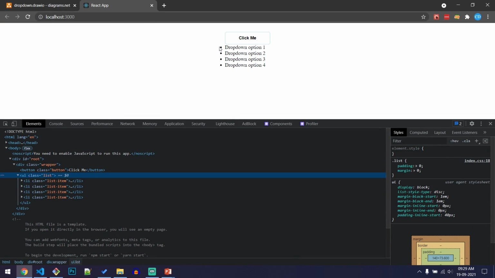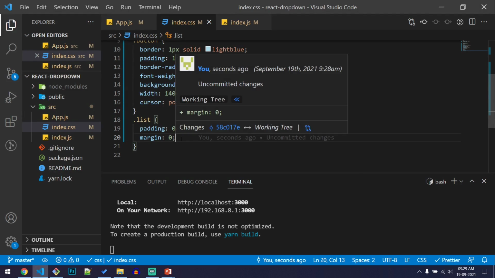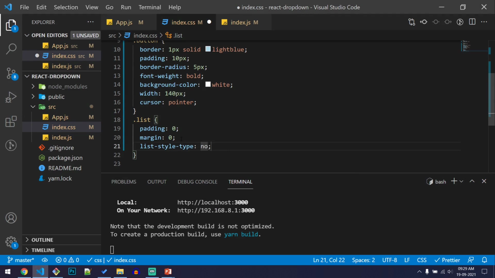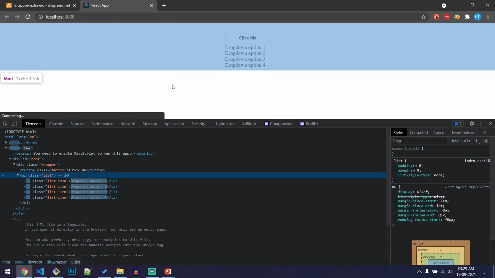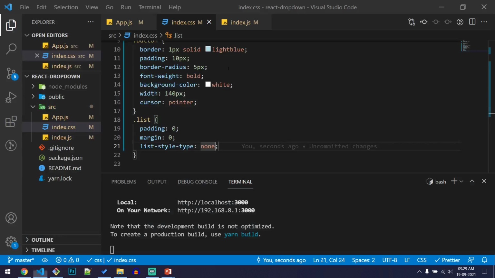Let's remove these bullet points from here. So list-style is none. Now let us add some border and shadow to this list.